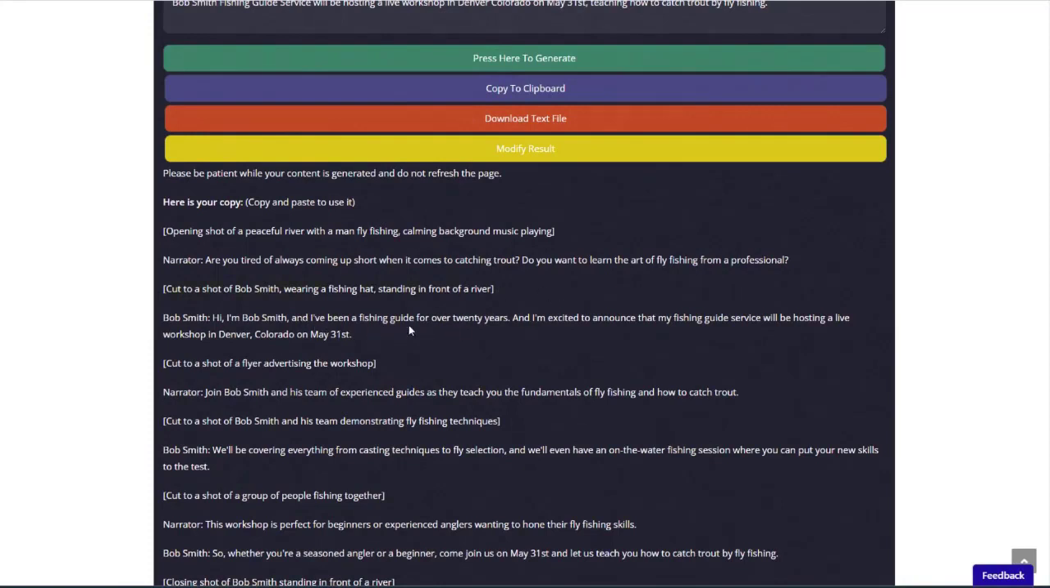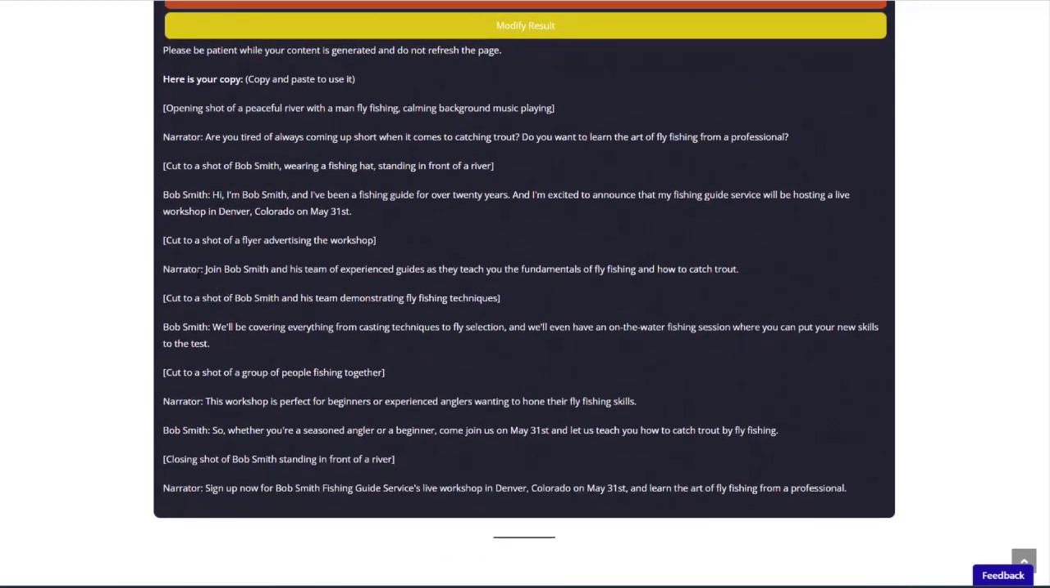Hi, I'm Bob Smith, and I've been a fishing guide for over 20 years, and I'm excited to announce that my fishing guide service will be hosting a live workshop in Denver, Colorado on May 31st. Join Bob Smith and his team of experienced guides as they teach you the fundamentals of fly fishing and how to catch trout. Bob Smith says, we'll be covering everything from casting